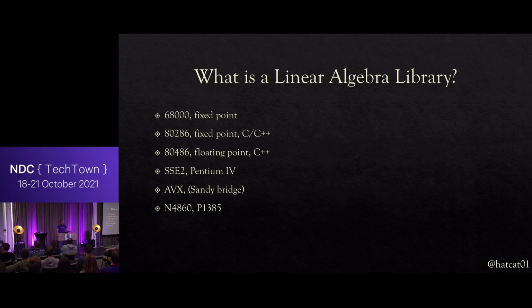Now I said 5, there is of course a 6th linear algebra library out there, which is mine and Bob Stiegel's. This is P1385. It's a proposal to add linear algebra support to the C++ standard library. At least that was its original name. It's now a matrix class for the standard library. Now the lion's share of this work is actually by my co-author Bob Stiegel. We agreed on the superiority of his approach. We both looked at our respective linear algebra libraries. His was better, so that's the one that we're implementing.